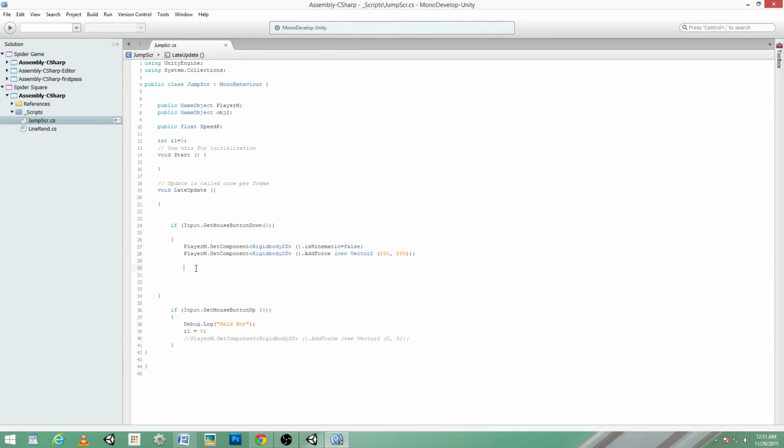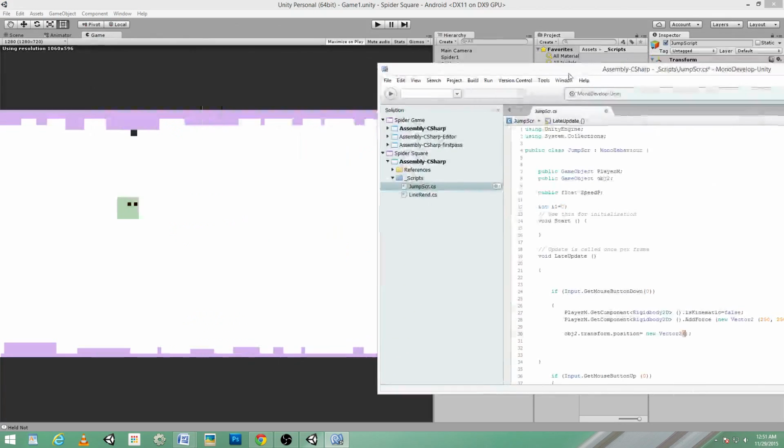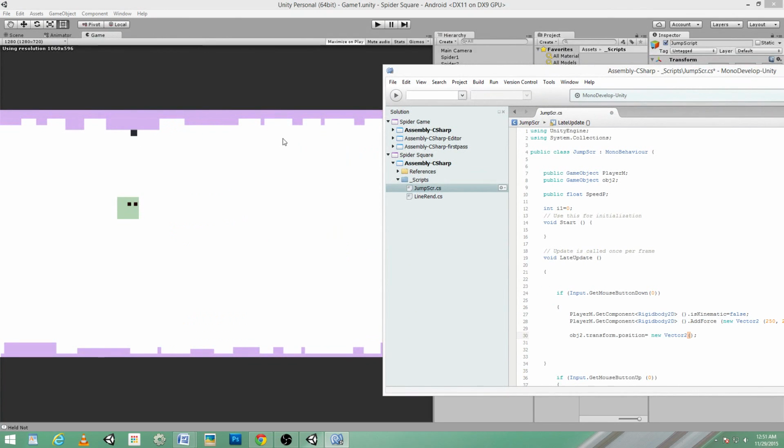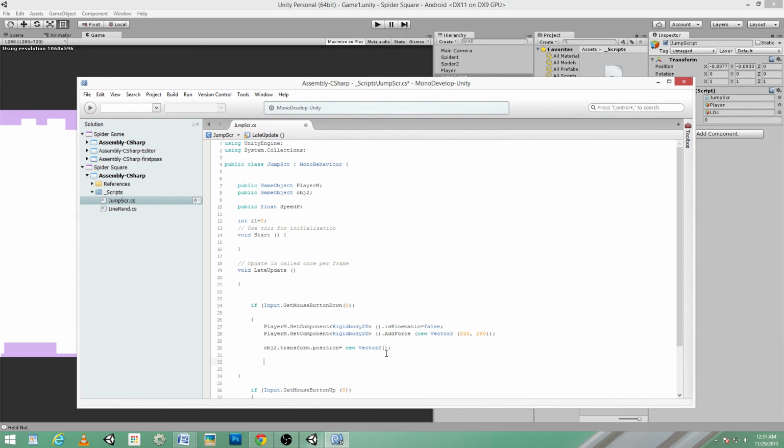Here we will change the position of obj2, our black quad. obj2.transform.position equals new Vector2, right? We don't need Vector3. We're not concerned about the z direction. In the place of x, because the x should move in the x-axis, right? Horizontal is the x-axis. For that we'll write